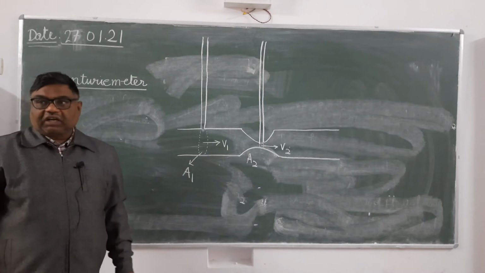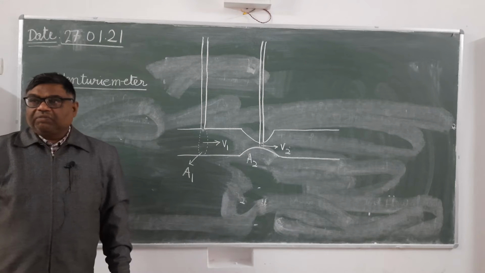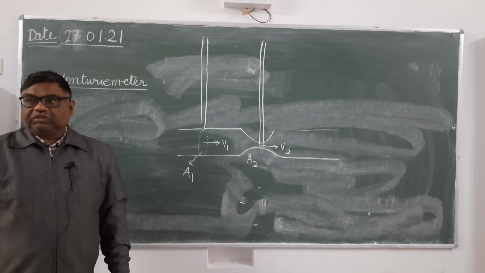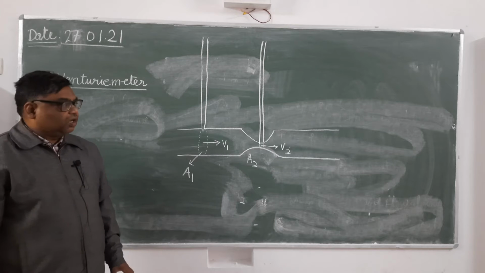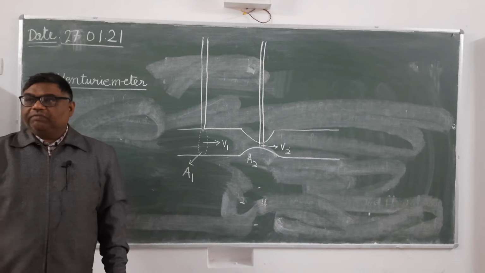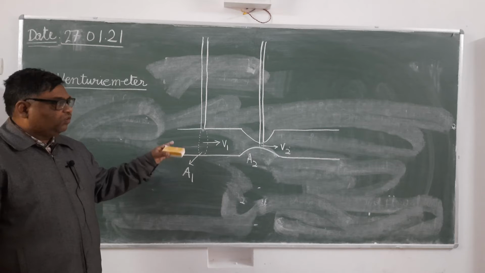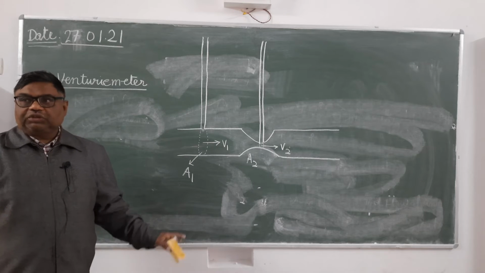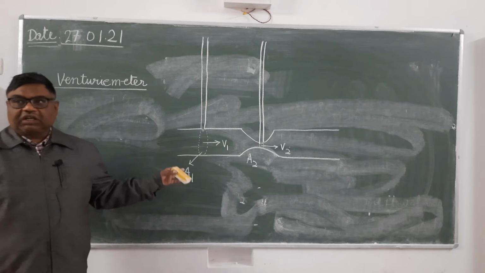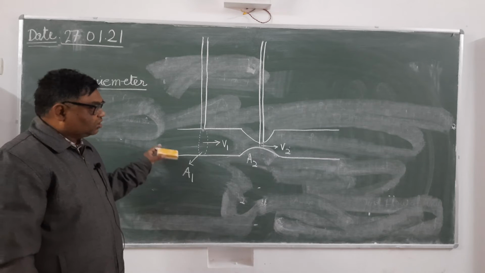Normally we measure the rate of flow of water, and water is almost a non-viscous liquid. Its viscosity is very small. जिसकी फ्लूइडिटी अधिक होगी, जो इजिली फ्लूइड फ्लो कर लेगा, उसकी विस्कोसिटी क्या होगी? लो होगी. So water is having very low viscosity and it is almost zero compressible also. It cannot be compressed very much. Means water is more close to the ideal liquid. And here this water is flowing.